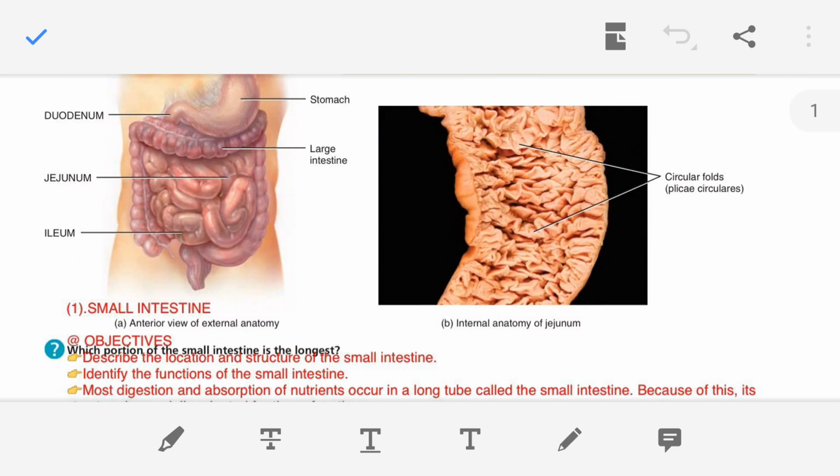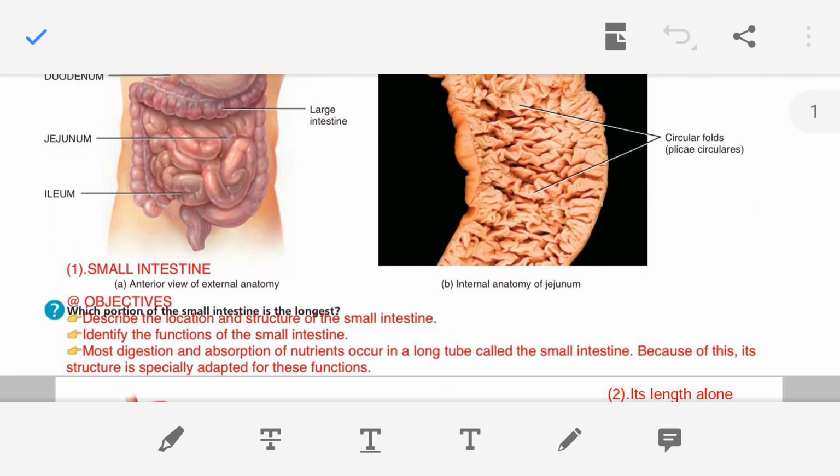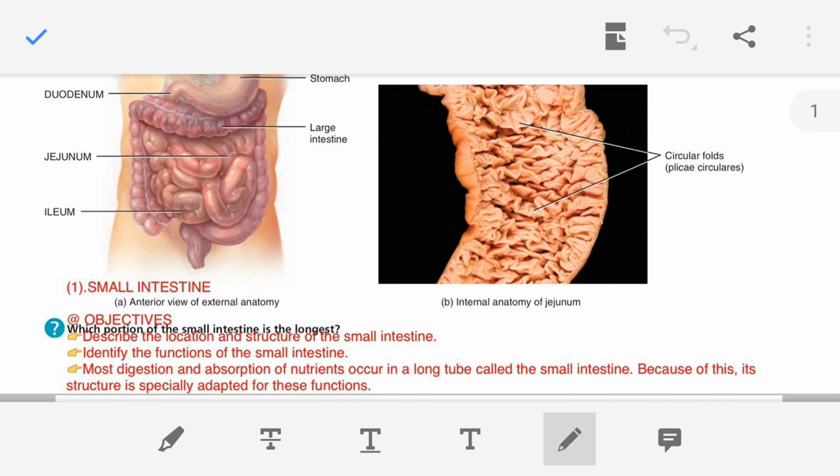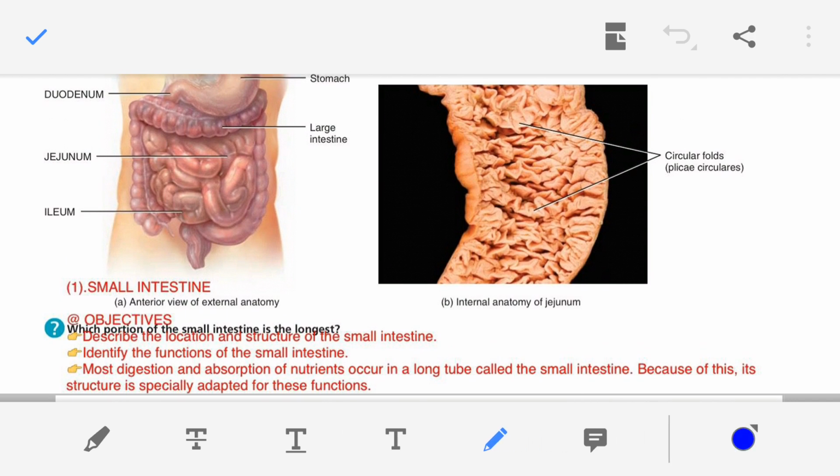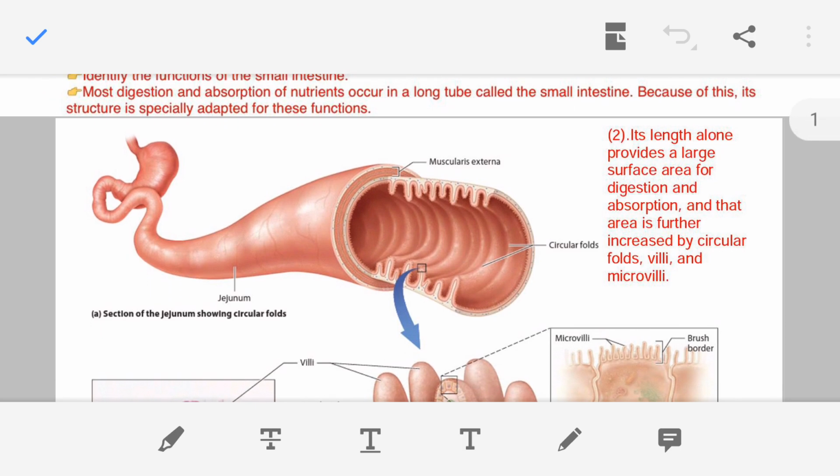So now we have learned that there are three parts in the small intestine. So this is the first point of our discussion. Now, what is the role the small intestine is playing in our body? So small intestine is mainly involved in the digestion and absorption of the nutrients. So this is the function of small intestine. It is performing the digestion and absorption of the nutrients. Now moving on to the second point